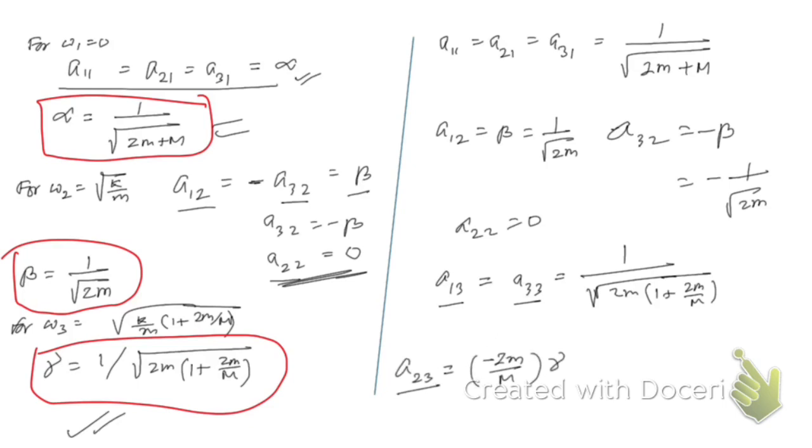In this case, what we have got, if we replace this gamma by the value of gamma 1 by root over 2 small m 1 plus 2m by capital M, then what we're gonna have here, you see, so it's gonna give you